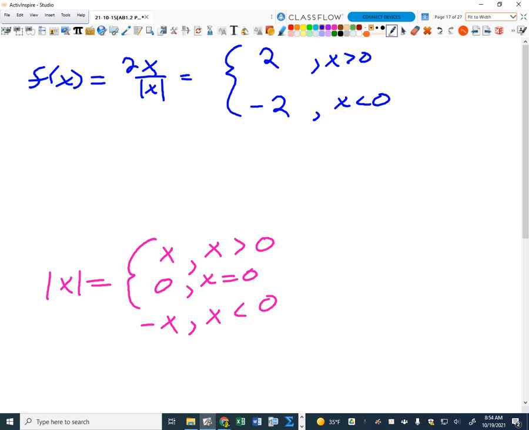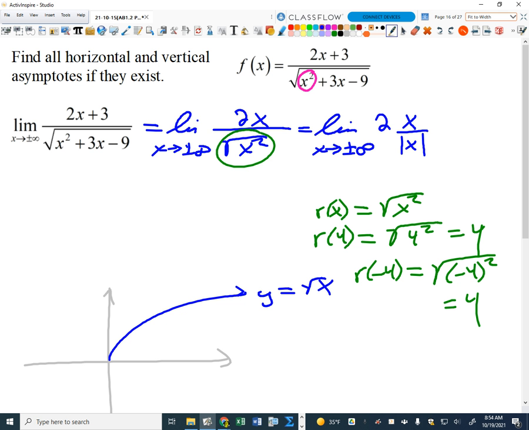And then what about if x, can x be 0? In that function? What's the problem with having x equals 0? Can't divide by 0, right? Okay, so it can't be 0. So that's the entire domain of this thing right there. So we get this function that's kind of just a step function. It's this horizontal line. It's -2. It's equal to -2 if x is negative, and it equals +2 if x is positive. Okay, so